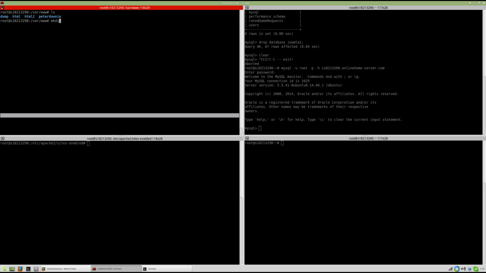So I'm going to make a directory called Joomla1. You don't want to extract it just to your main folder, because it extracts all the files without creating a folder, and so it kind of makes a mess. So I'm going to go into the folder Joomla,